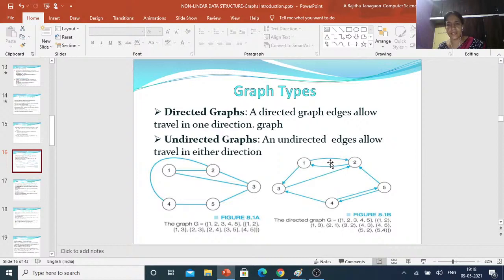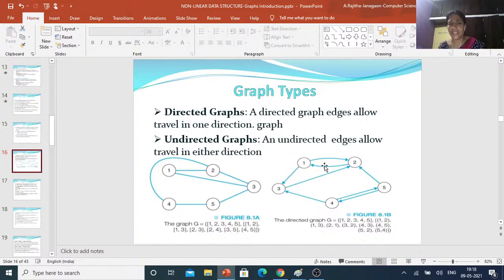Coming to the edges, 1, 2, 3, 4, 5, 6, 7, 8. There is an edge from 1 to 2 as well as 2 to 1. But you can observe 1 to 3, there is an edge in only one direction, that is 1 to 3 only. There is no edge from 3 to 1.